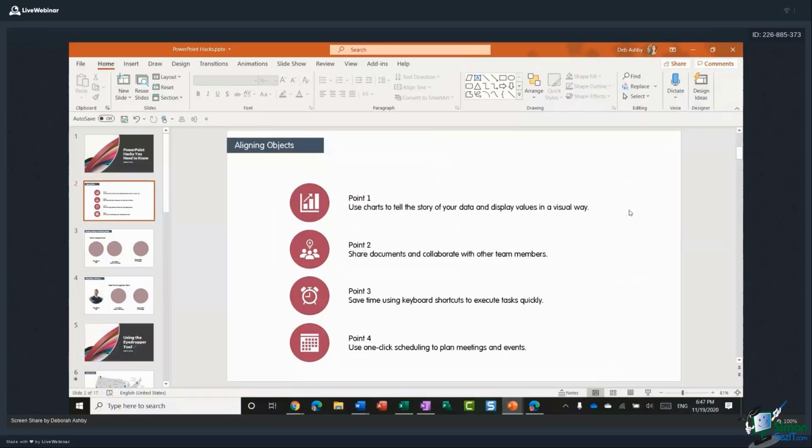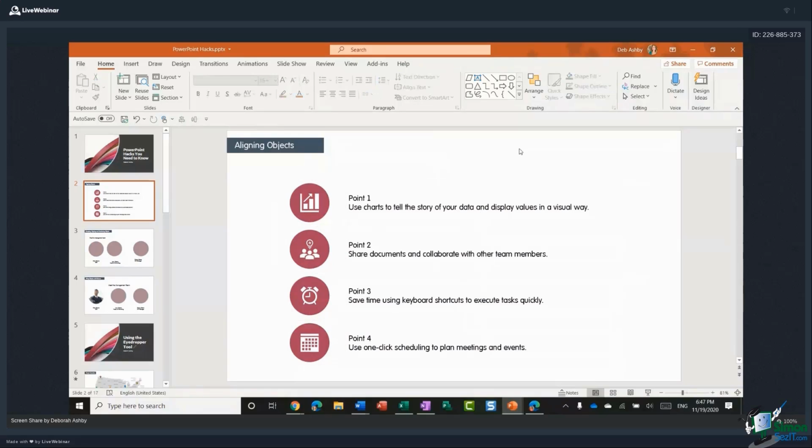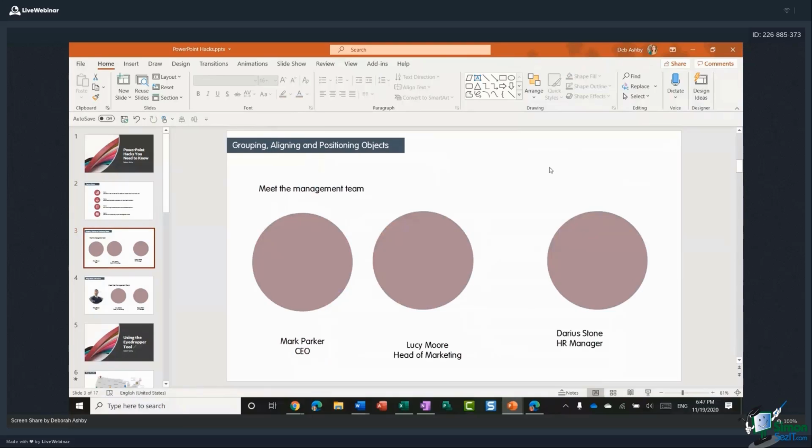All you need to remember is where those arrange options are, and also a few keyboard shortcuts when it comes to grouping. Now, if you're interested, if you need to ungroup objects, you can do Control-Shift-G, which will ungroup all of those objects. All right, so reasonably straightforward. Let's move on to slide number 3 and take a look what we've got going on over here. So this is still kind of on that subject of grouping, aligning, and positioning, but we're going to move our knowledge forward a little bit now.